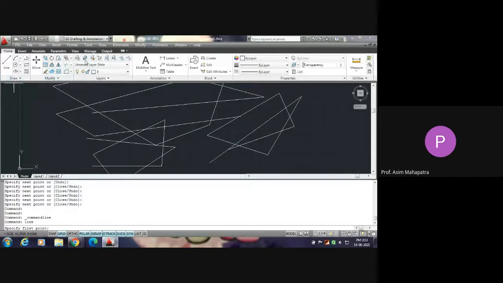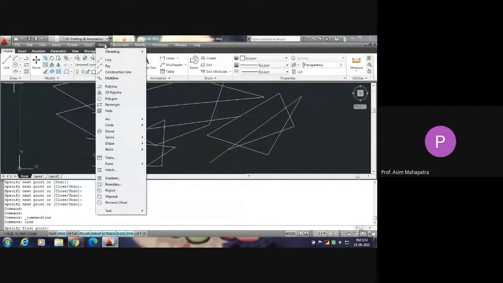Even if you go to the draw toolbar, you'll find another command here. That is also another method of giving the command, especially for students who have an old version of AutoCAD, say 2006 or 2008. For them, the ribbon is not available.